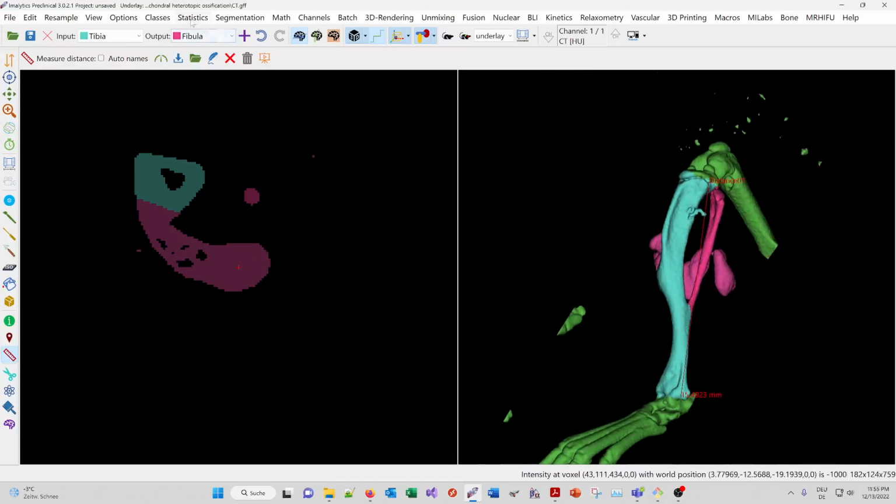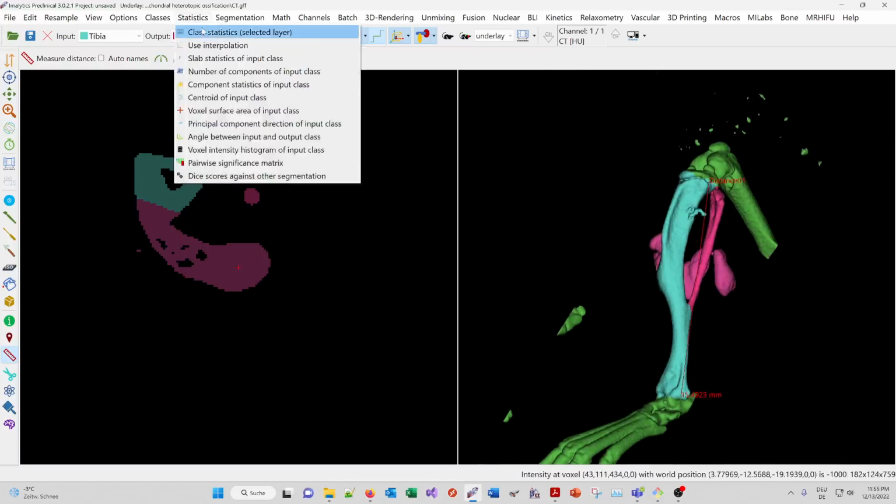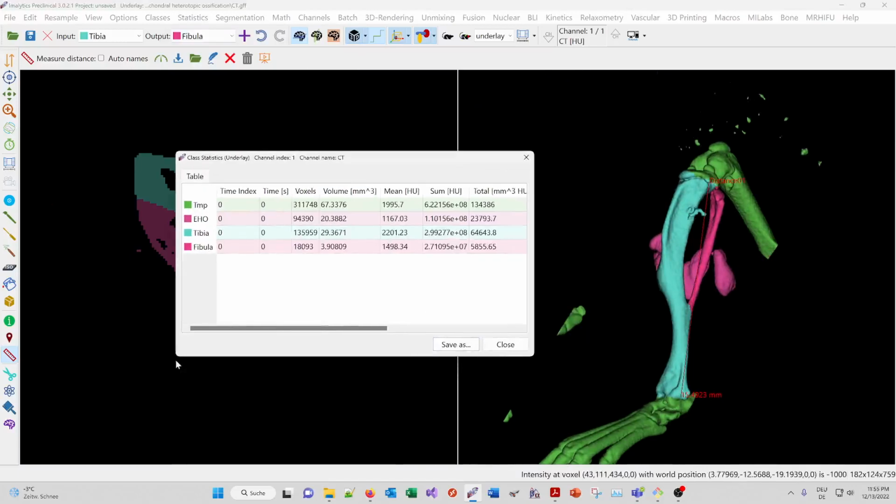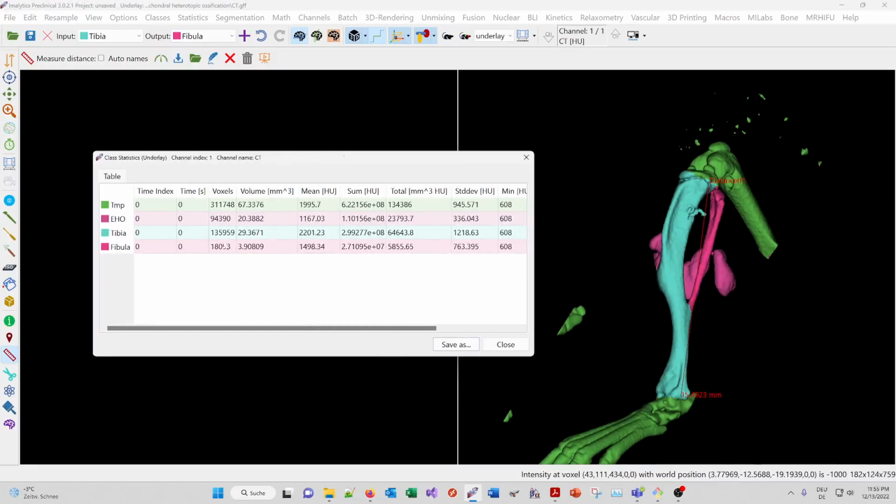Now we can evaluate the statistics here, and we get the volume of the regions and their mean intensity in Hounsfield units, because that's the voxel unit that was loaded with a CT. So you see that the EHO is less bright than the other bone regions here.